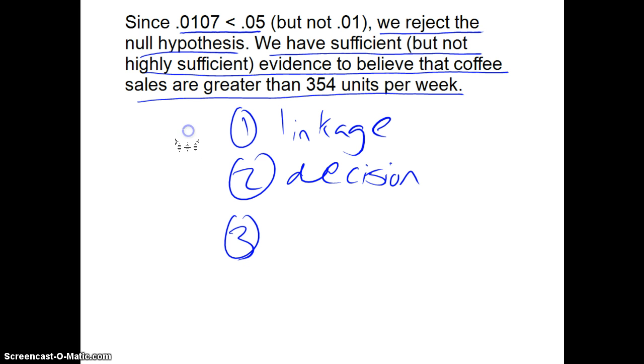This is the conclusion in context. Because we could just say reject H naught, but what does that even mean, especially in the context of the problem? Okay, now we know what it's saying. We're saying that we thought the coffee sales should be 354. We thought that's what the truth is, but that's not the truth. According to the data, coffee sales are actually